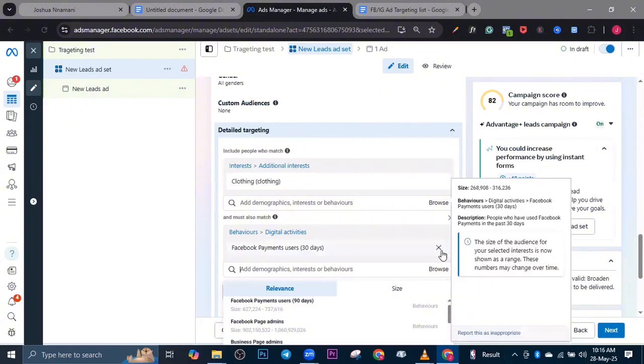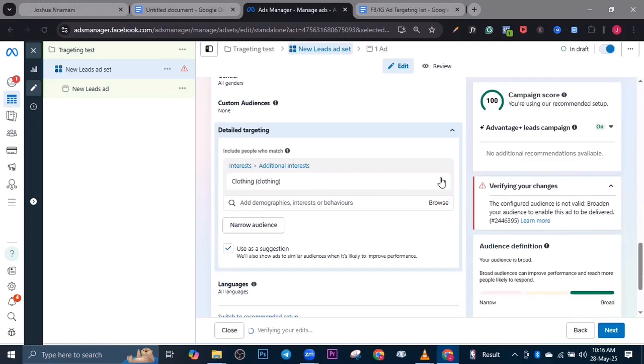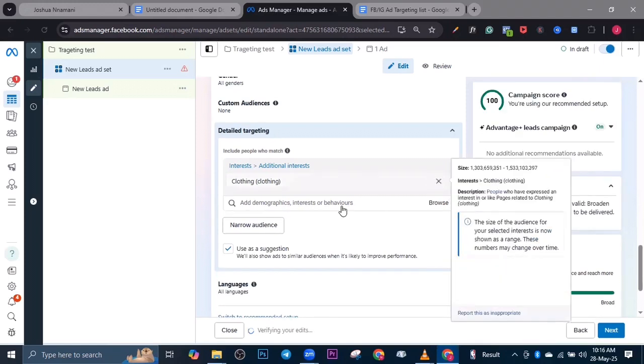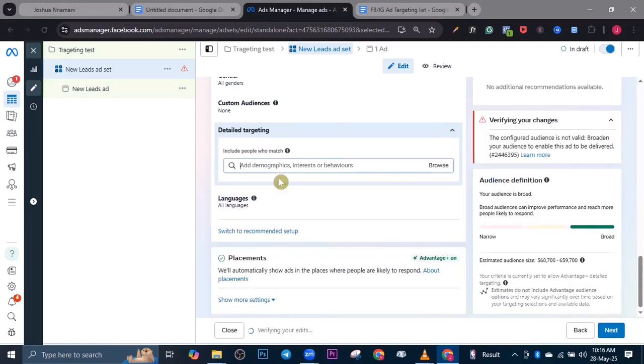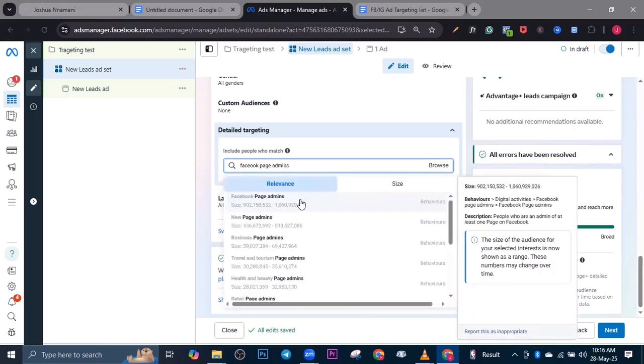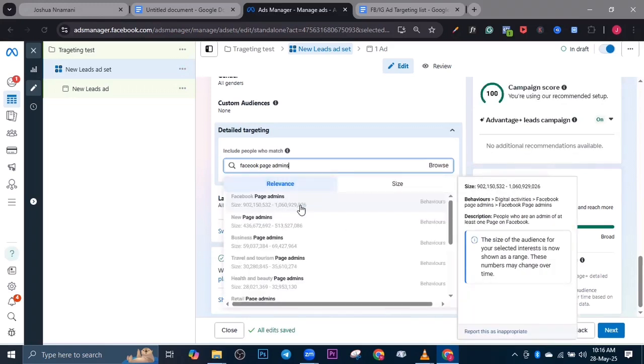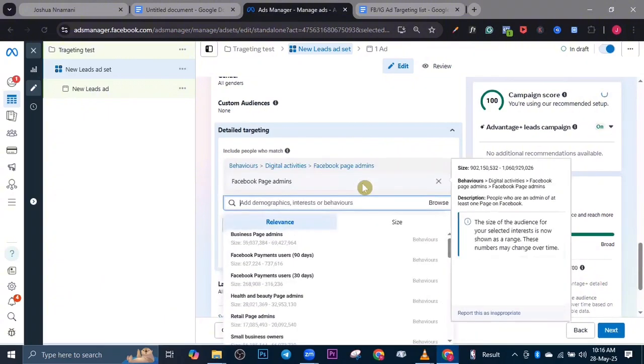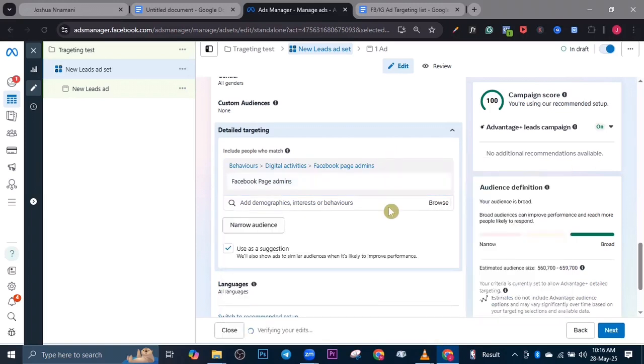Let me clear this. Okay, let me clear this too. So here what I do is I come and I click on Facebook page admins. As I search for Facebook page admin, I'll click on it. Then I'm not just going to leave it like that, because there are a lot of people that are Facebook page admins. There are normal people, there are people that really are not well to do that are still Facebook page admins. So what I want to do is I come to this narrow there and I combine them with